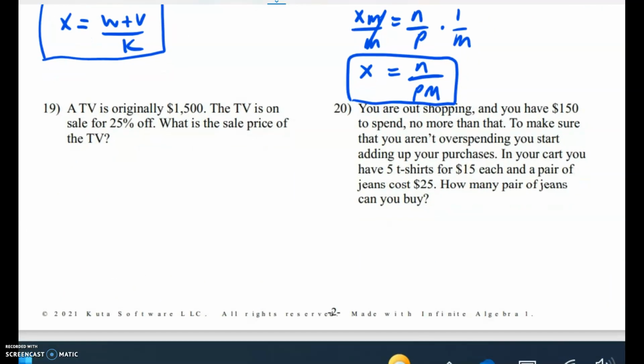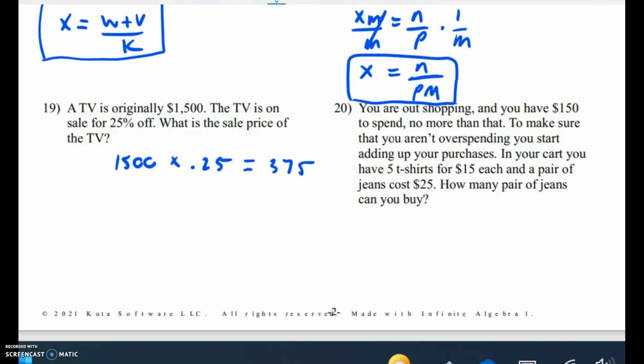All right, the last two questions are just conversions or percents off, it looks like, actually. So let's see if we can figure these ones out. Number 19, we got a TV that costs $1,500. It's on sale for 20% off. So what's the sales price? So we're going to take $1,500. We're going to multiply it by 25%, so 0.25. And that's equal to